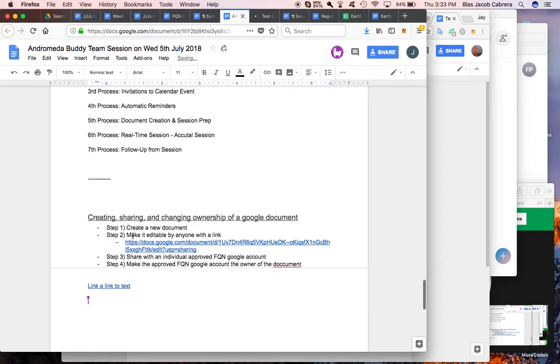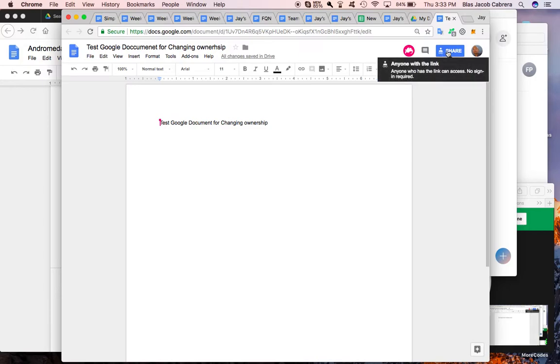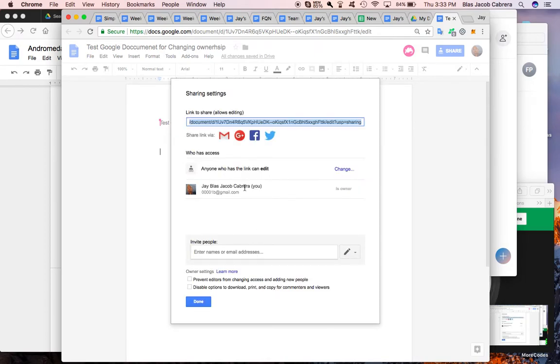Any questions on either step 1 or 2? No. Cool. So step 3, now we're going to share the document with an individual approved FQN Google account. So the first thing you're going to do, you're going to click on the blue share button again, and you're going to click on the advanced tab in the bottom right. And you can see here right now, this is me, it's my personal account that I'm the owner,